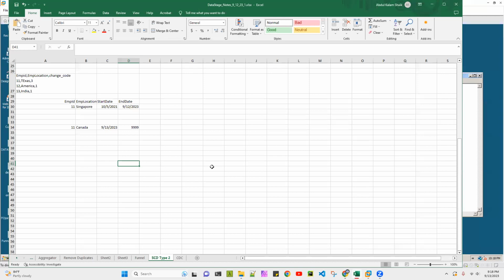In the change capture stage, now we are comparing both records and the change code is generated as 1. In row number F, can you write the number 1 or 3, right? For update it is 3. So in the change capture stage, that is the output we got. Now what we need to do, we need to map the start date of Canada to the end